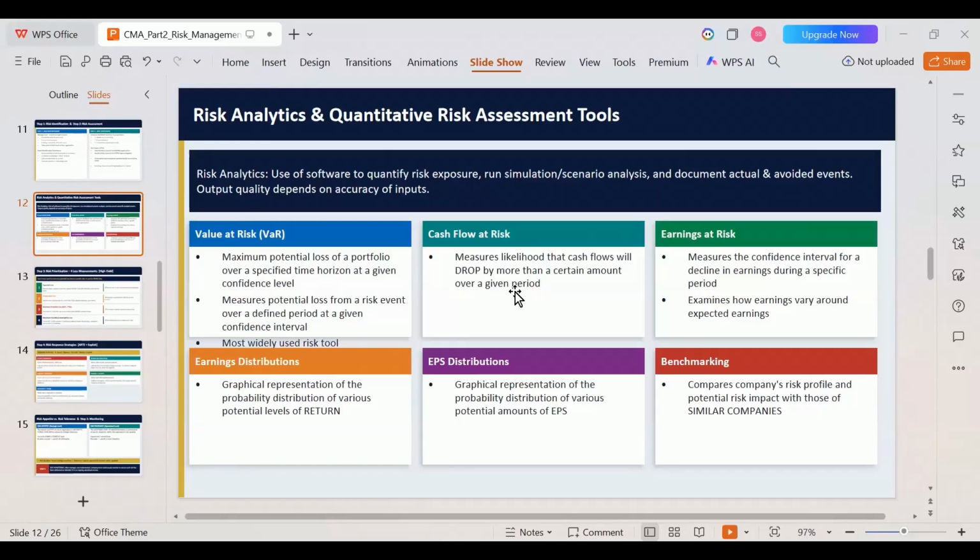So what happens with this cash flow at risk? It's a similar concept to value at risk. Okay. So now, what is meant by a cash flow at risk? I'll give you an example. Can anybody explain how it impacts us? Okay. So I'll tell you that cash flow at risk is at a confidence interval of 85%. Okay. So can anybody tell me how it will impact?